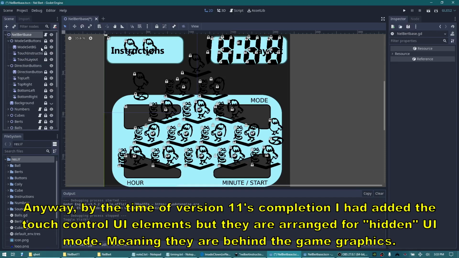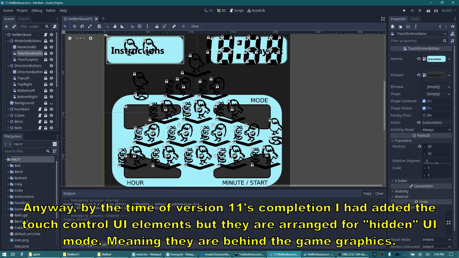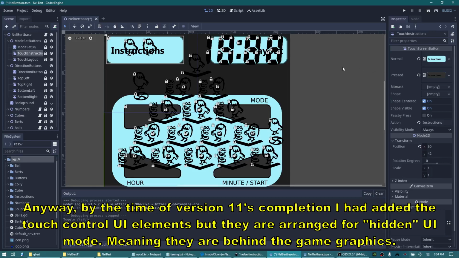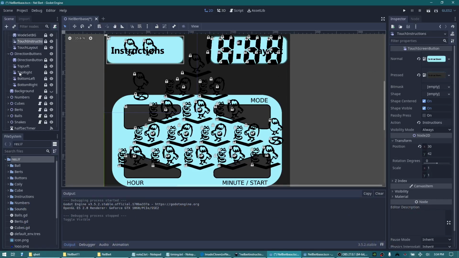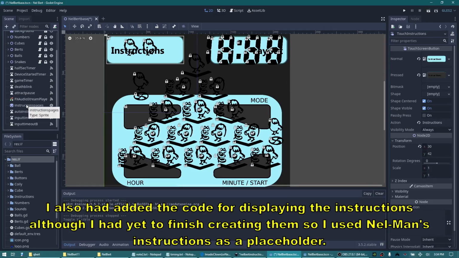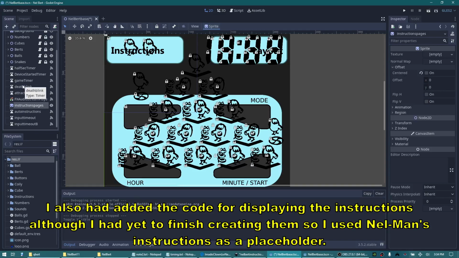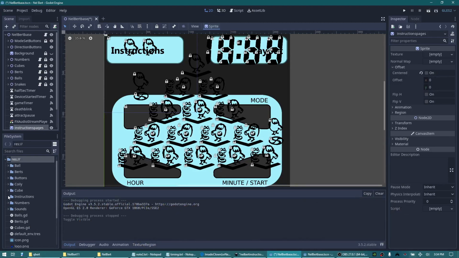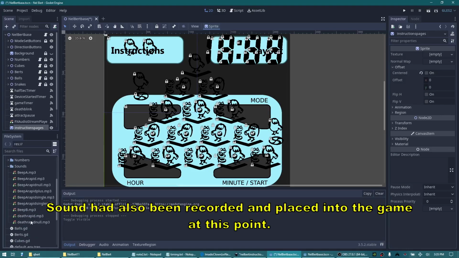Anyway, by the time of version 11's completion, I had added the touch control UI element, but they are arranged for hidden UI mode, meaning they are behind the game graphics. I also had added the code for displaying the instructions, although I had yet to finish creating them, so I used Nel-Man's instructions as a placeholder. Sound had also been recorded and placed into the game. At this point,